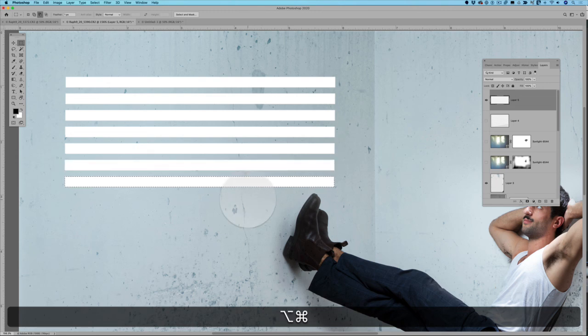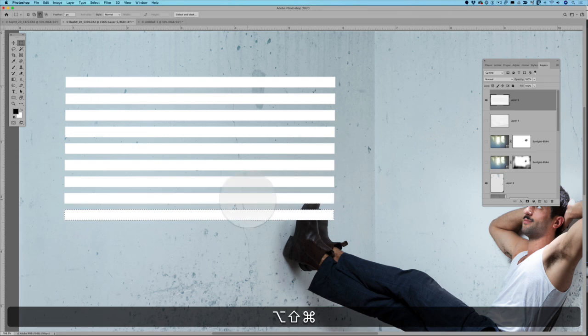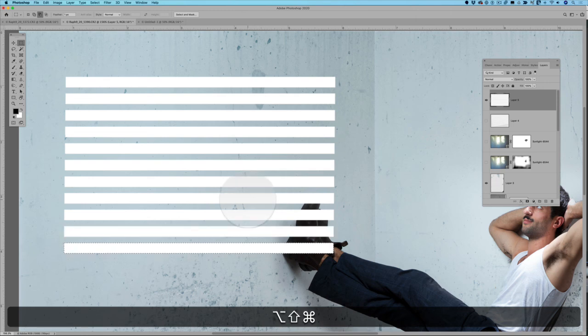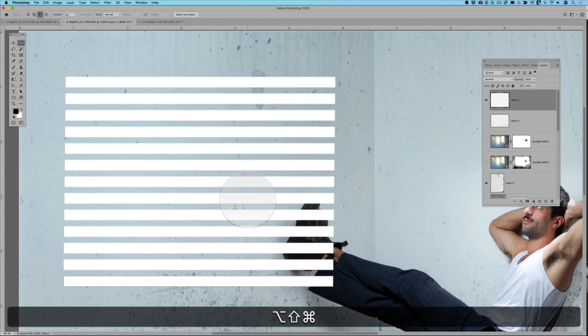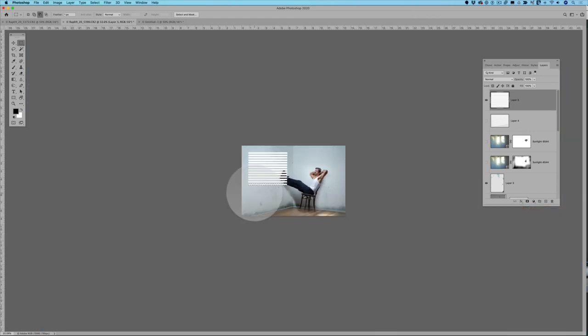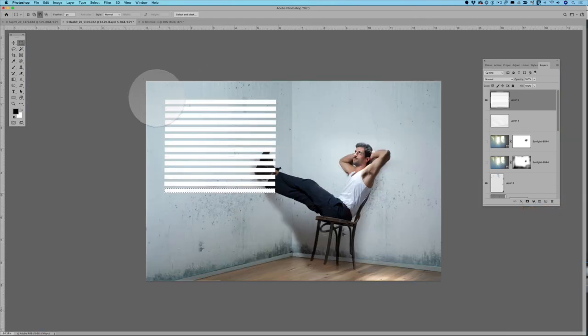All right, Command, Option, Shift T. Command, Option, Alt if you're using a Windows. So if you're using a Windows, it's Command, Alt, Shift T. All right, and I can just keep doing that all the way down, and I've created my little pretend Venetians here. And there it is there. Okay, so once I'm happy with that,